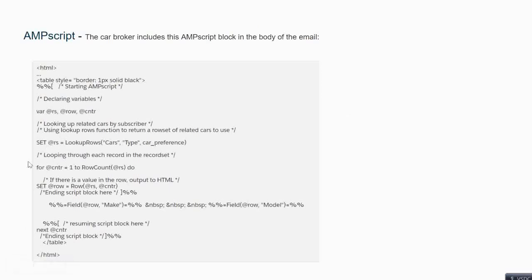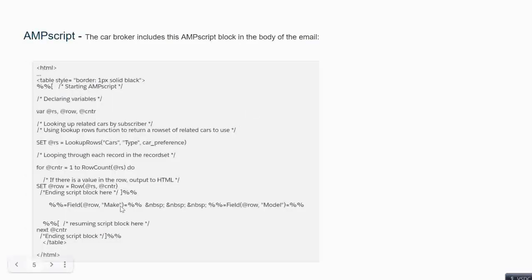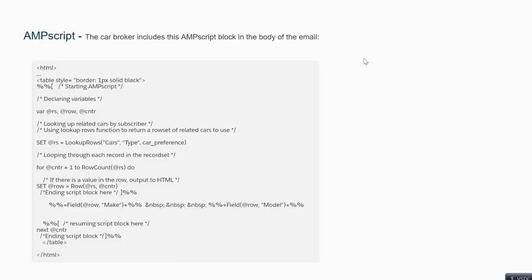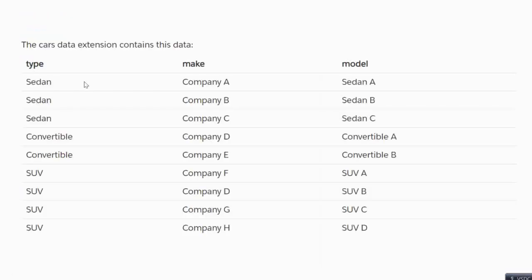So you have the entire row stored in this rs variable, and then you run a loop from 1 till the total number of rows you have extracted, which is the row count. You run the loop and get the rows one by one. You have got 3 rows, so you run one by one to get the first row, second row and third row. What you are extracting from that particular row is the field value, which is the make. So you are getting the maker name and also the model name, and you are displaying them inside your email.